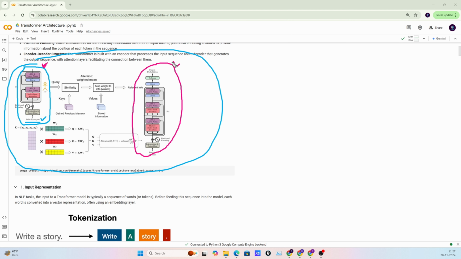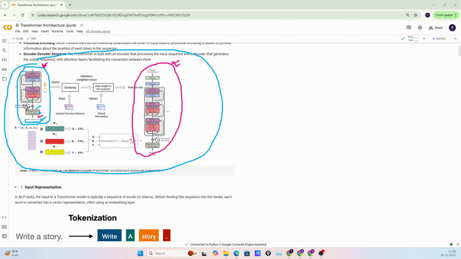This is the encoder, this is the decoder layer, and we feed the input from here. Here is the input. Let me change the color again. So here we are providing our sentence. So the first thing we perform is tokenization. So the first step is tokenization. We split our sentence into tokens, like we divide this sentence into token format, and then generate the embeddings. Embedding is the numerical representation of these words or tokens, and it also captures the context information.